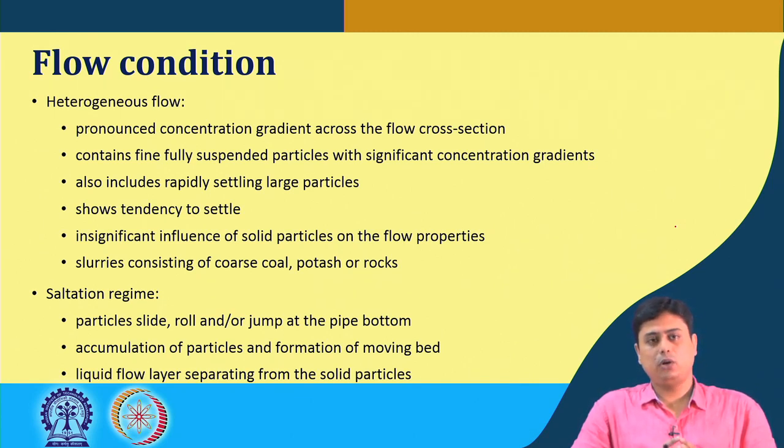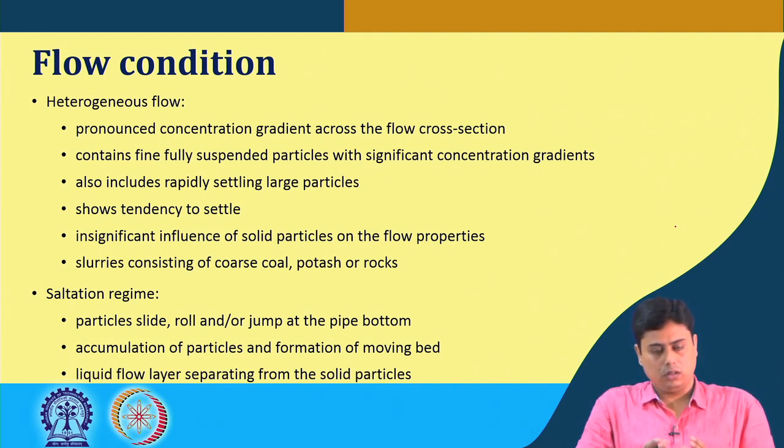In this case, there is a pronounced concentration gradient across the flow area. Now, it contains fine fully suspended particles with significant concentration gradients as well as rapidly settling large particles,